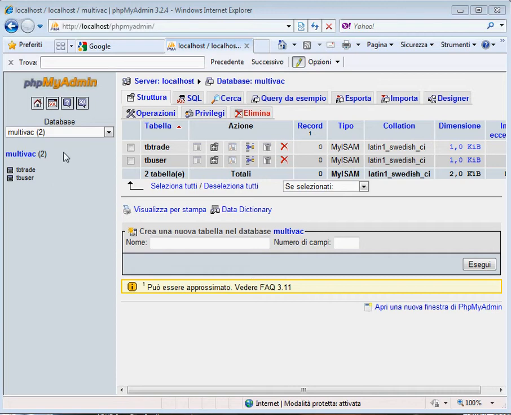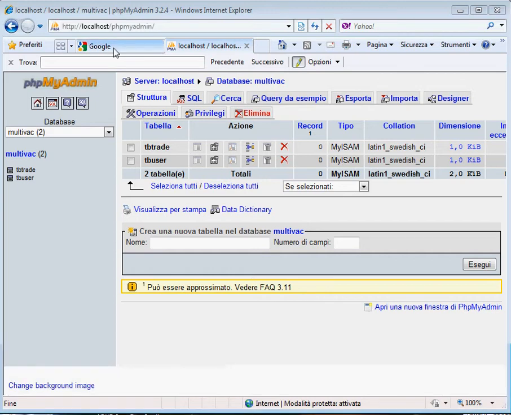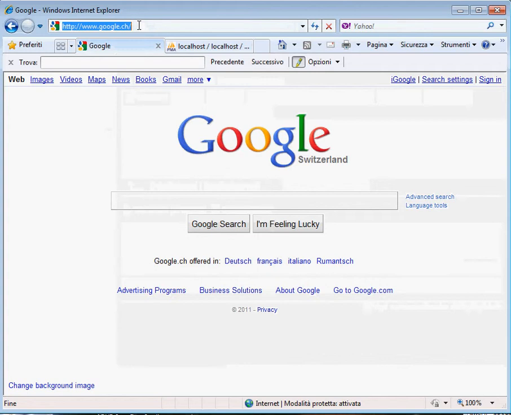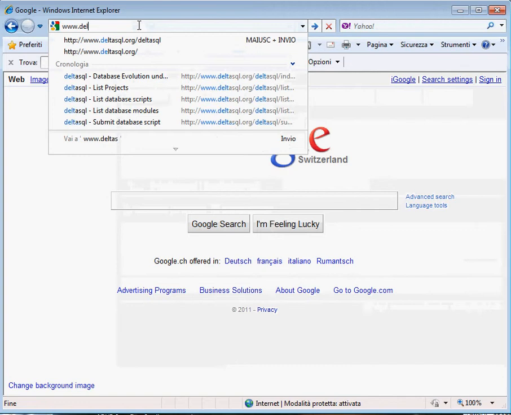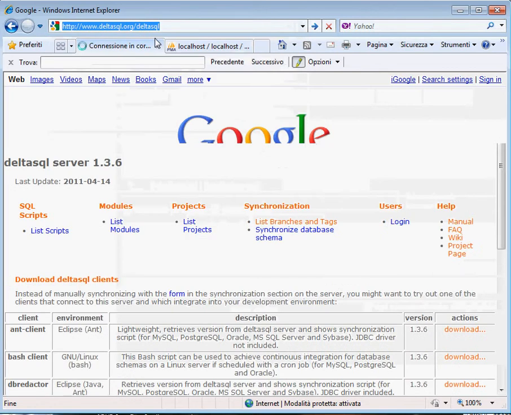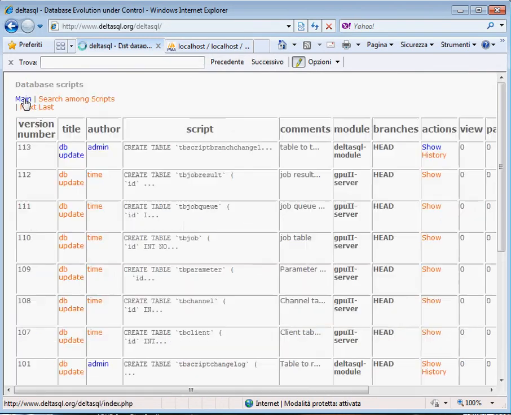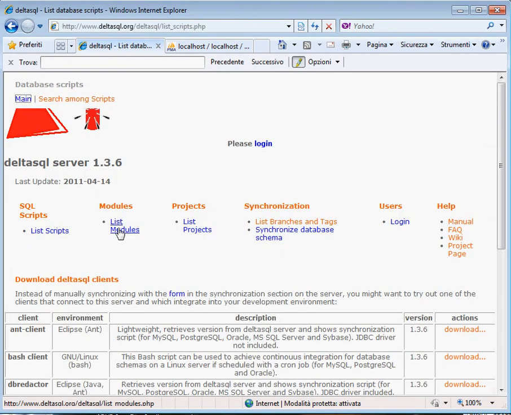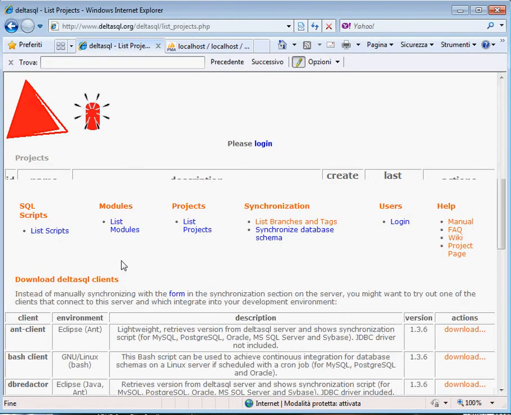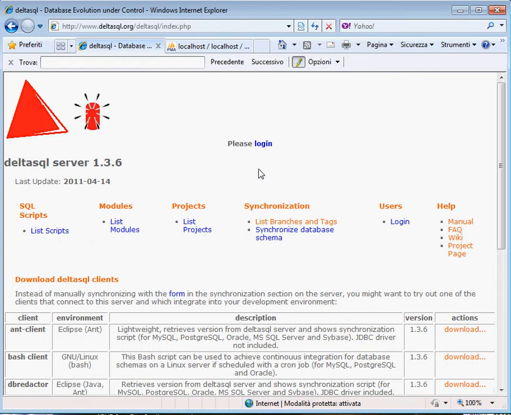To give the example, we now navigate to the test instance of deltasql, which is available at the URL www.deltasql.org/deltasql, and anyone can navigate to this URL. And this is a test instance which already has scripts in it, modules in it, and projects in it. But of course, nobody prevents you from defining your own scripts and modules and projects to test deltasql. So we log in here,